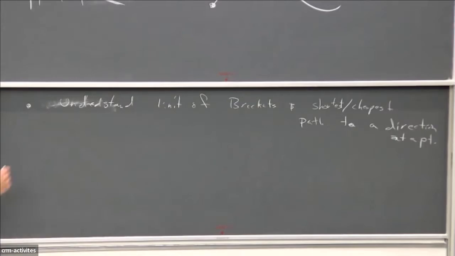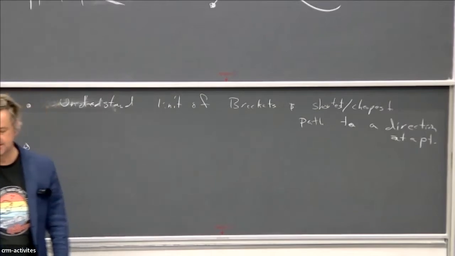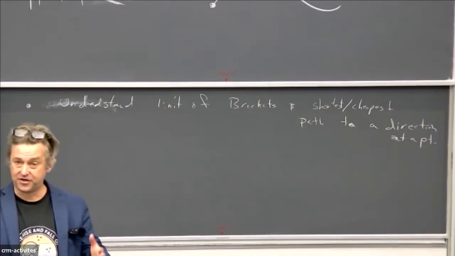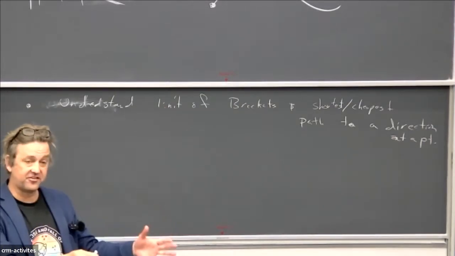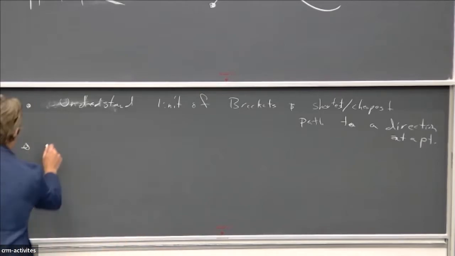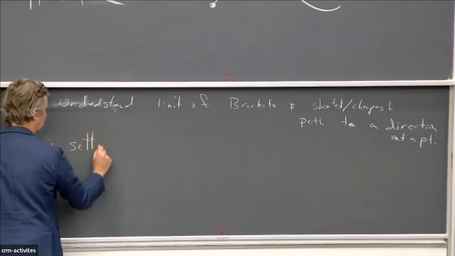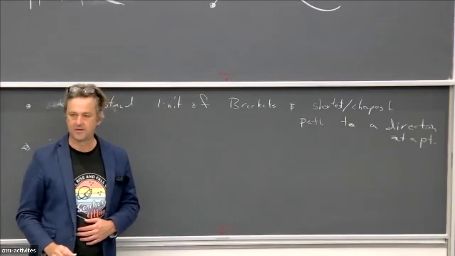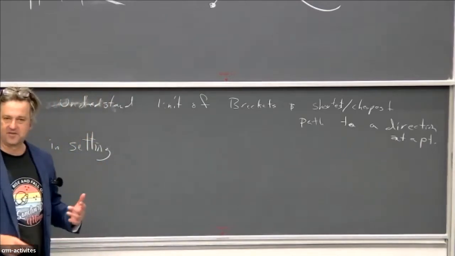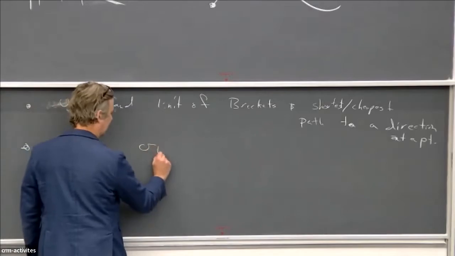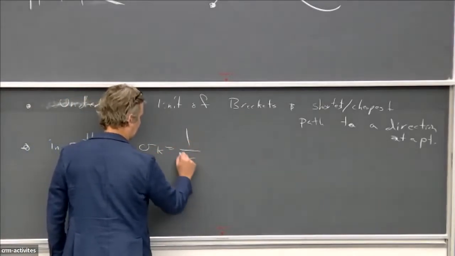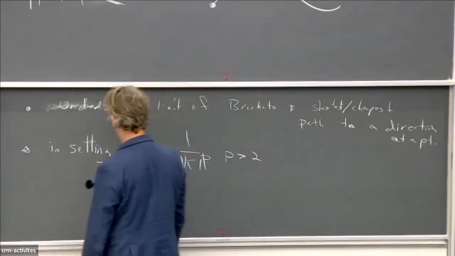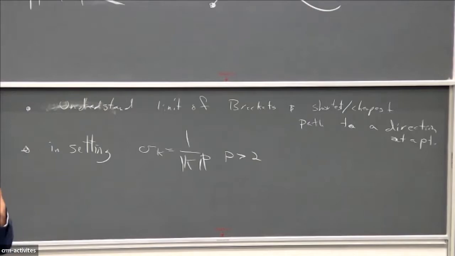So that's one thing. Another question. Remember, I mentioned two things, right? I mentioned that for Navier-Stokes with a little bit of hyperviscosity, I could prove that the transition densities, in this setting, is almost like understanding true hyperellipticity in infinite dimensions. In this setting where sigma_k is equal to 1 over k to the p, think p bigger than, I don't know, 2 or something for Navier-Stokes. If maybe I need 4, make it 100.